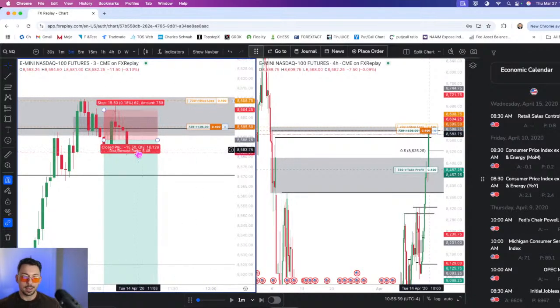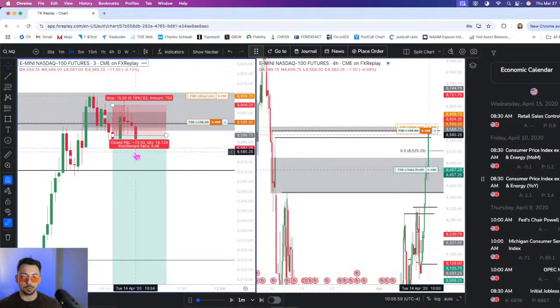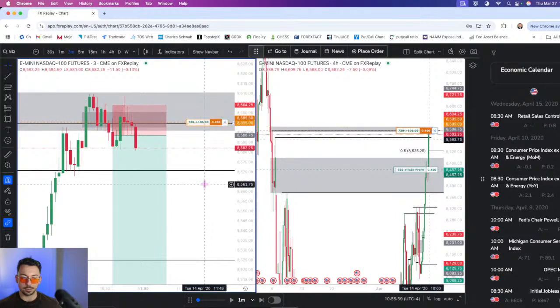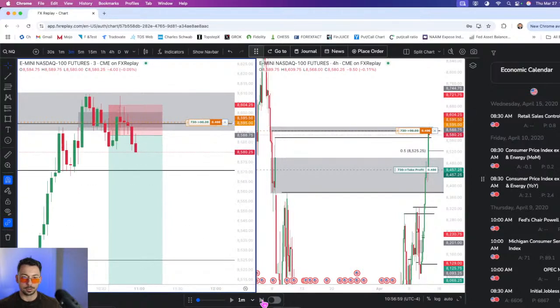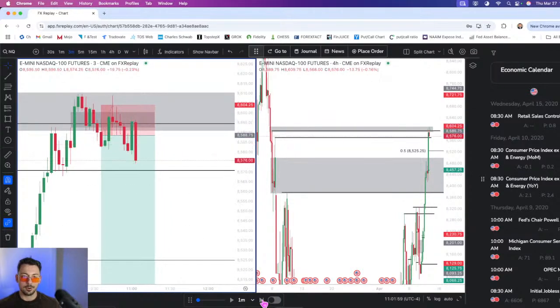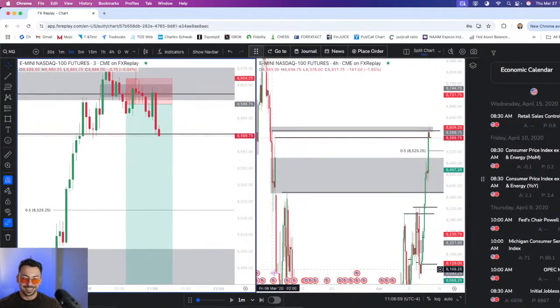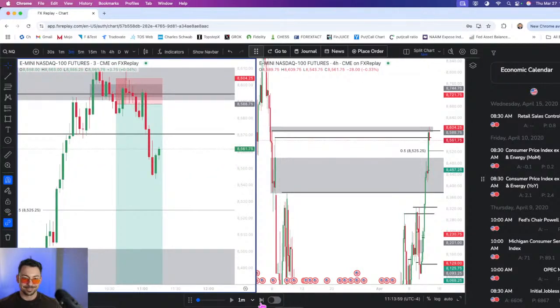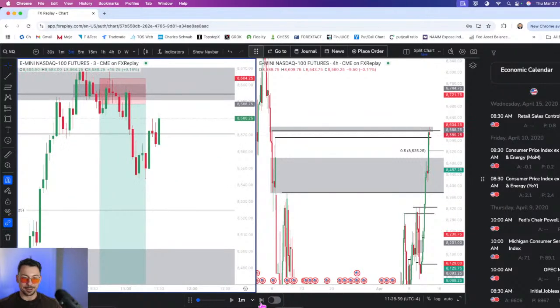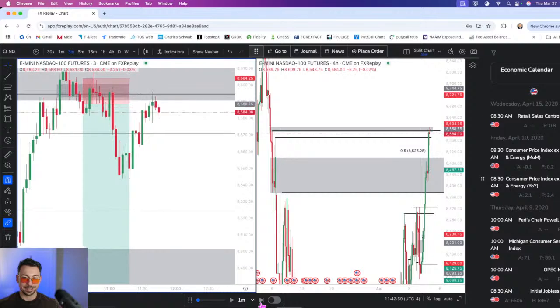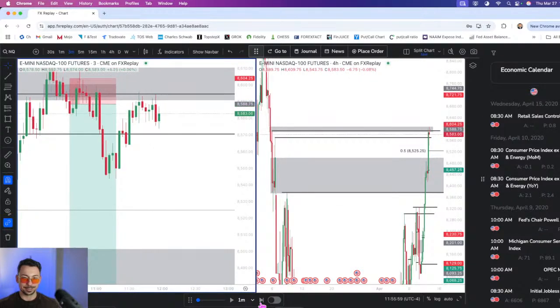Beautiful. Okay. Now this is where FX replay is kind of meh, because I would definitely move my stop to break even to that low right there, this candle. So I'm immediately moving my stop to break even here, and now we're just going to let it run. No! No! Oh my goodness. That would have been crazy. Damn. Look at that. And now it's just going to be a sell model most likely. Oh, they made it tough.